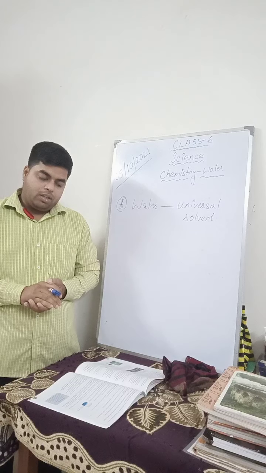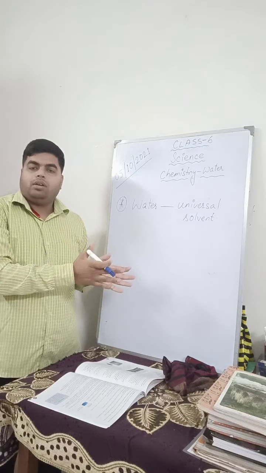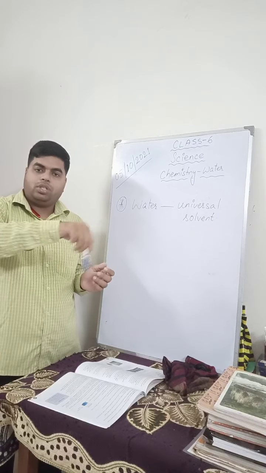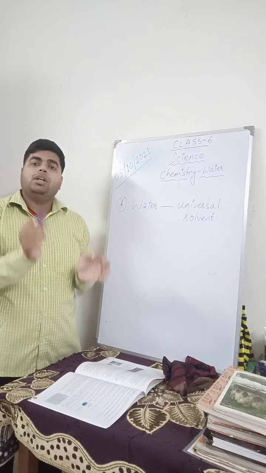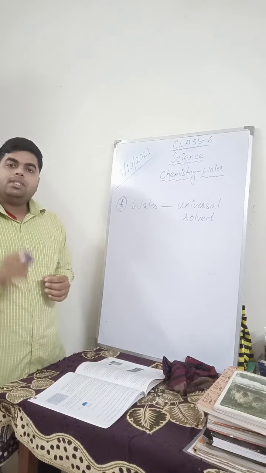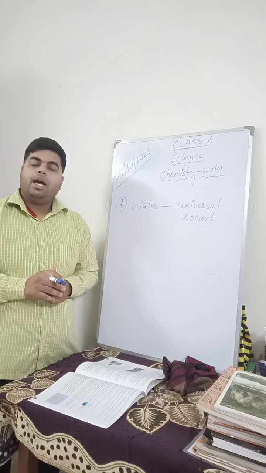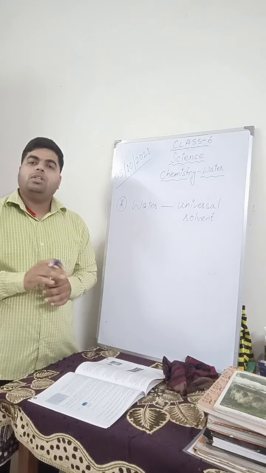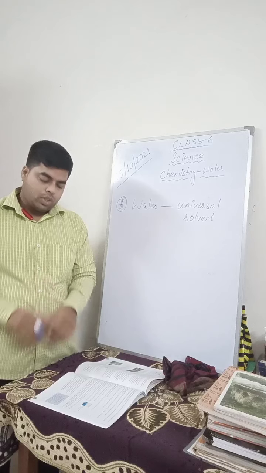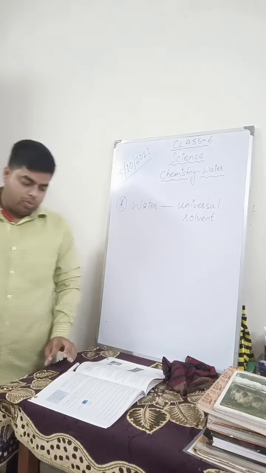But when sand is added to water and stirred, it does not dissolve in water. Now, if you take another container with water and put sand in it and keep on stirring, still the sand is not going to dissolve in the water. That is why substances that dissolve in water completely are known as soluble substances, and substances that do not dissolve in water completely are known as insoluble substances. So I hope children you have understood soluble and insoluble substances.